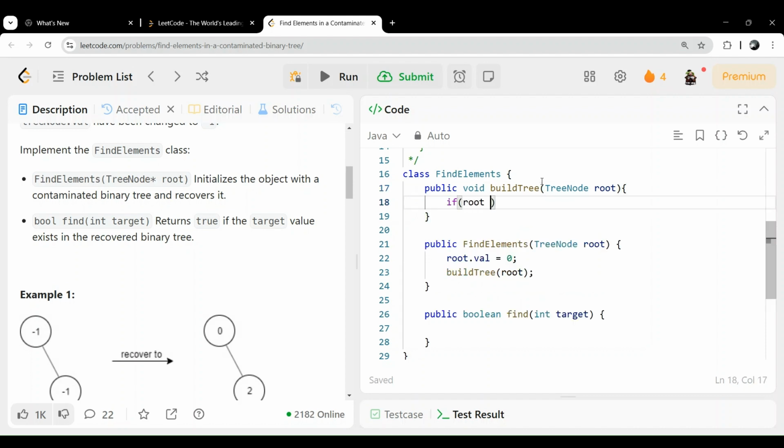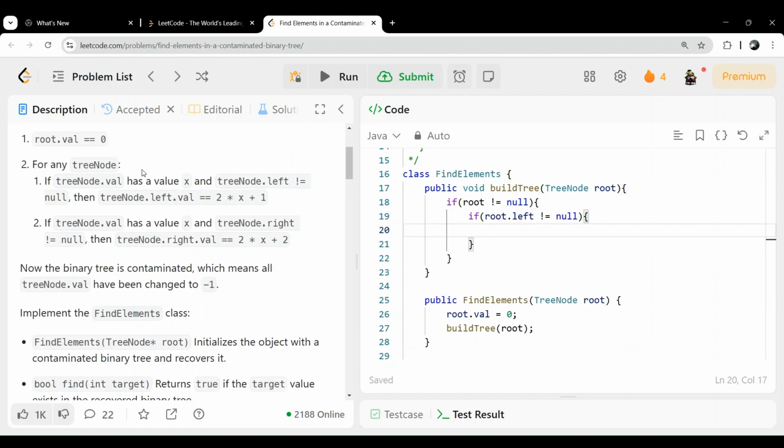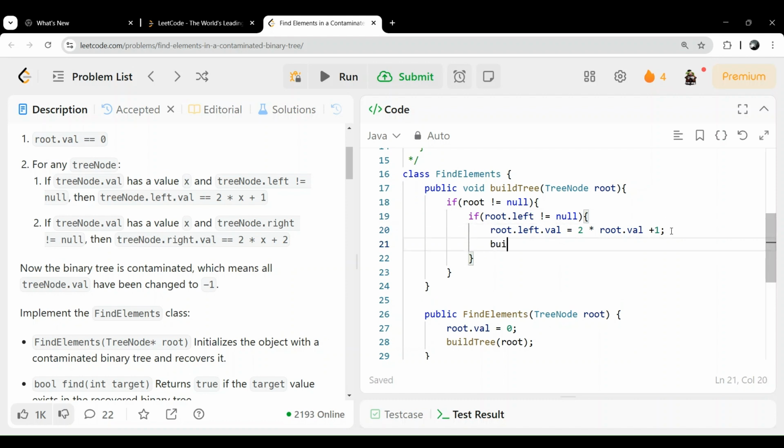If my root is not equal to null, then I will check if root.left is not equal to null. Then root.left.value is equal to 2 * root.value + 1, and we also call build tree with root.left.